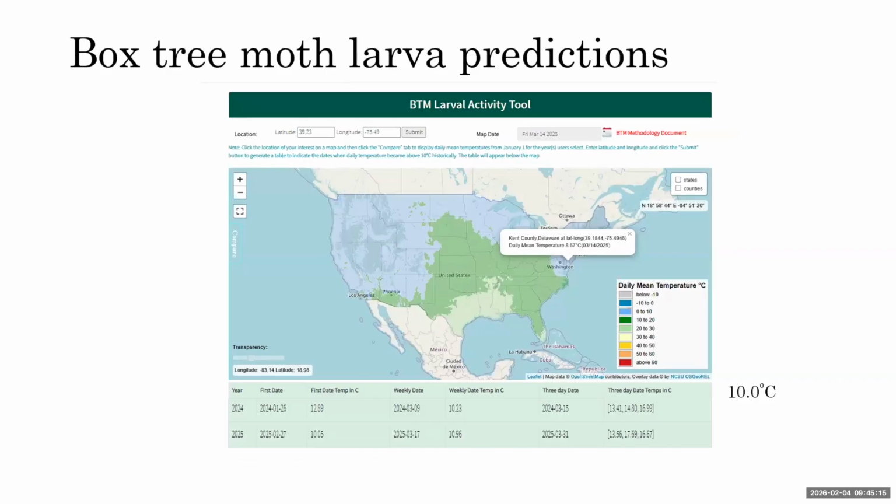And so one of the tools that we have available for us is predicting larval activity timeframes. Larval activity in the spring in Europe has been shown to begin after we hit consistent 10 degrees centigrade temperatures. When is that for us? So when you look at Dover, Kent County,